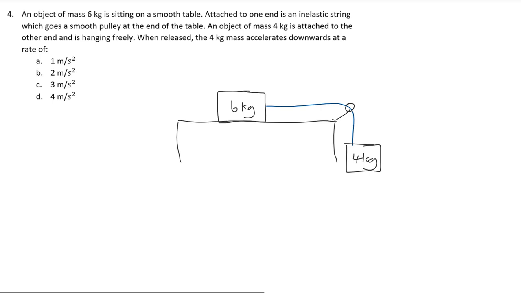How do we calculate the acceleration of the system? Well, anytime you're presented with a question like this, a system of objects, you should always draw free body diagrams for each object. Let us first look at the 6 kilogram object. I will first redraw the 6 kilogram mass over here, and then I will work out what forces are acting